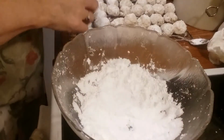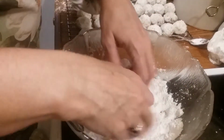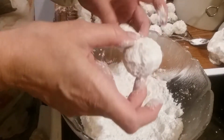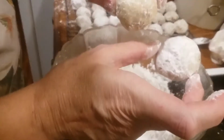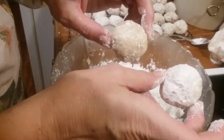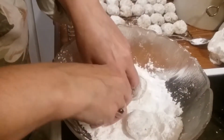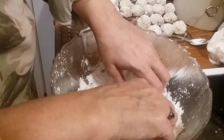All right, well, it's time for that second coating of powdered sugar. And I really think it makes a difference to put on that second coating. And I just do this little tappy thing to take off the excess. But let me show you the difference. This is without the second coat, and this is with. And doesn't it make a difference in how they look? So I think it's very much worth doing this, and it only takes a second to do it. Now I'm going to get these. These are fully cooled now, and I'm going to get them